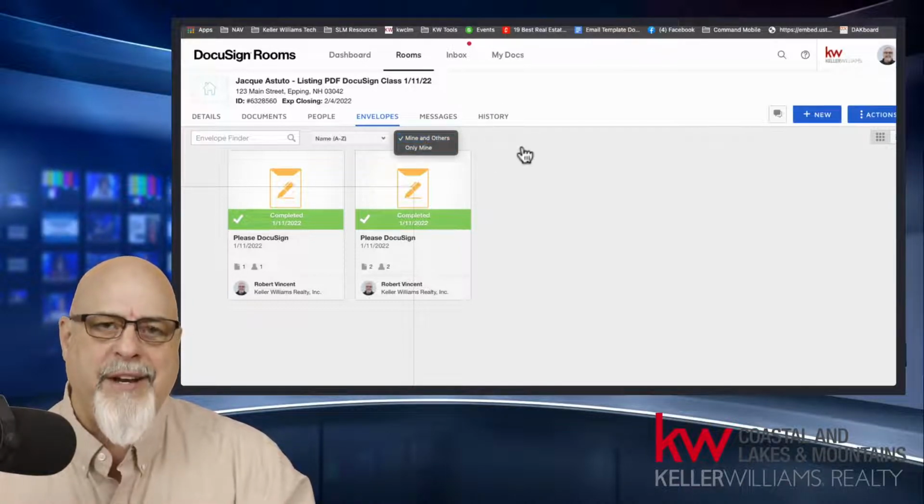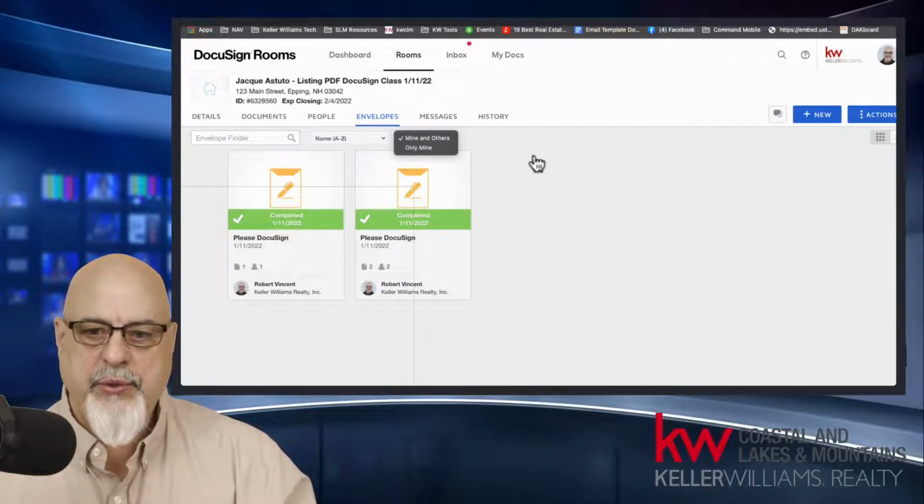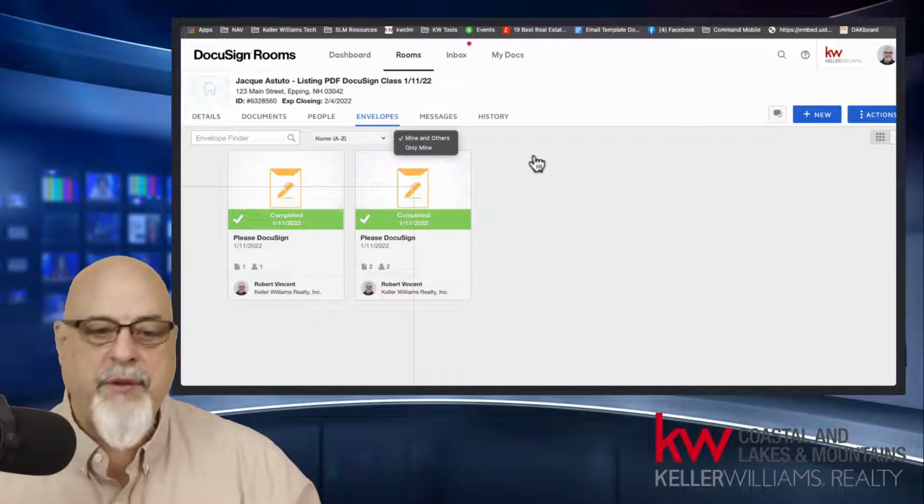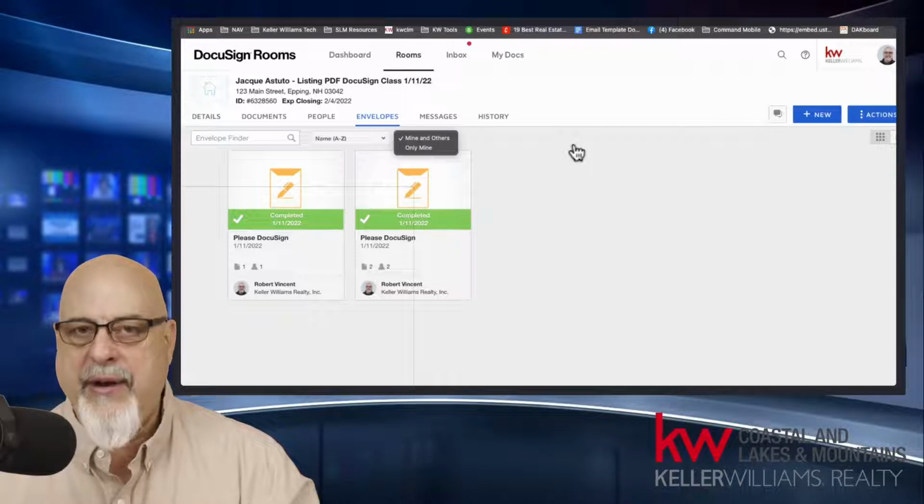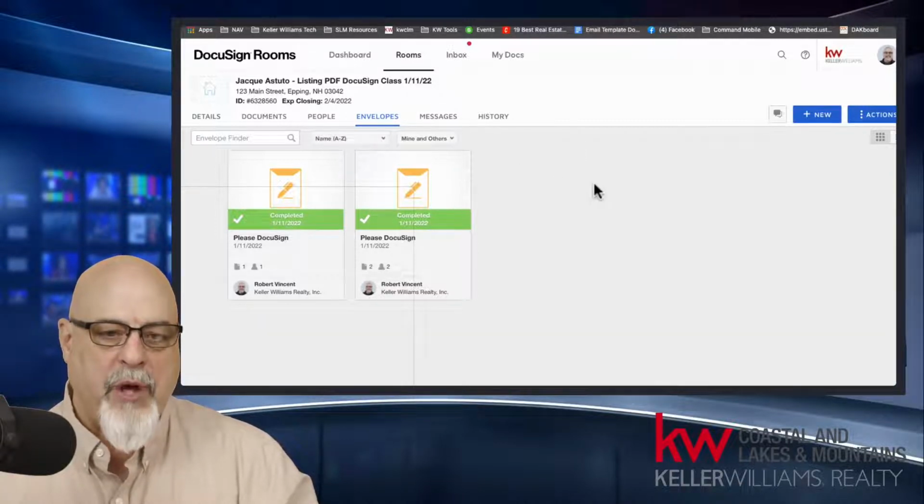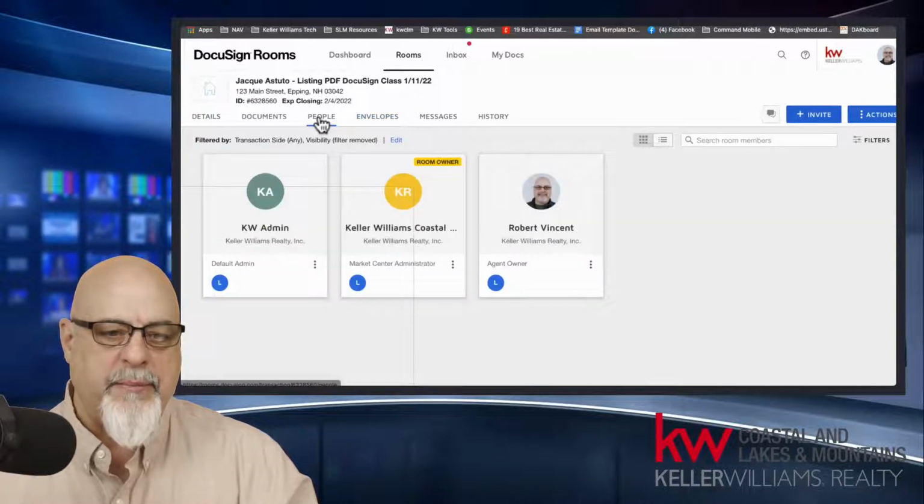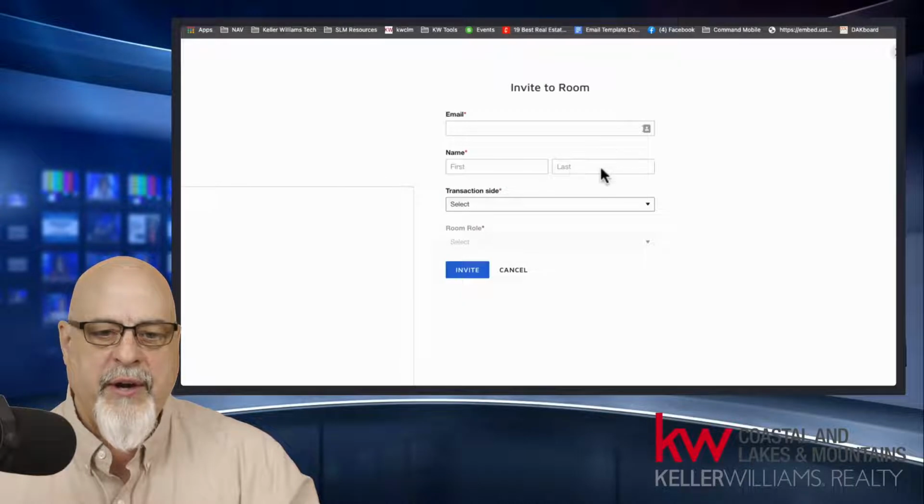And when we say mine and others, if you were to invite another agent to this room to work with you on the documents, then you would see any of the other envelopes that that other agent has created. But that only applies when you're actually on the People tab here. If I come back over to the People tab for a moment, it only applies if you invite another agent